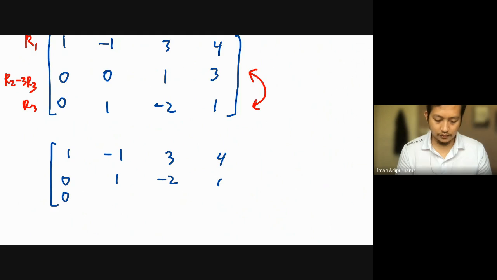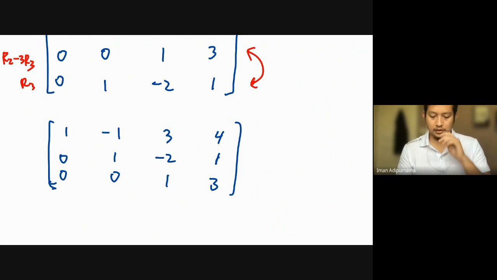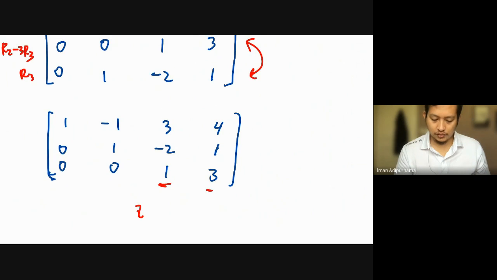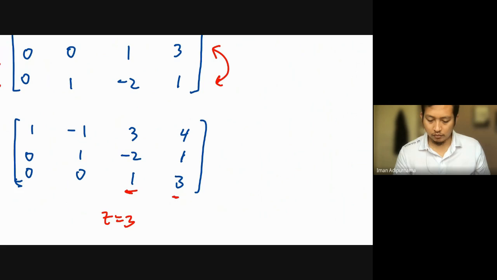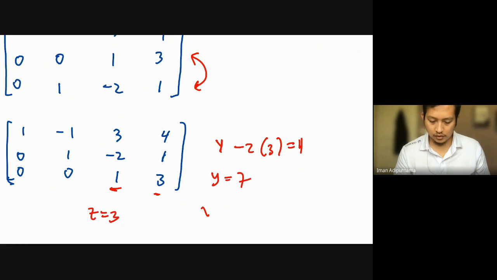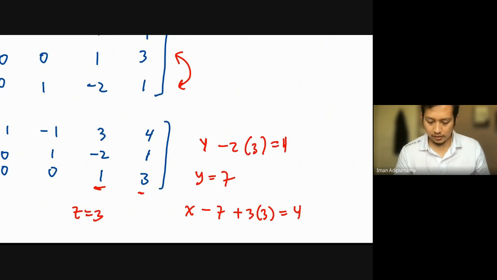So that we will have this augmented matrix. So this one is z, so z is 3, and then 1 minus 2, 3 is 1, so this will be y. Y is 7, and x is x minus 7 plus 3, 3 is 4, so x is